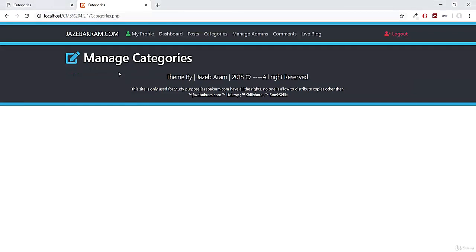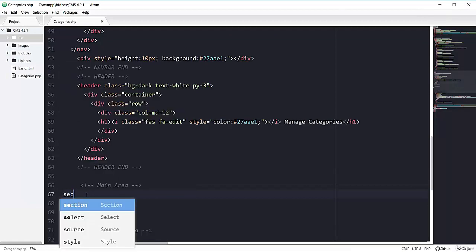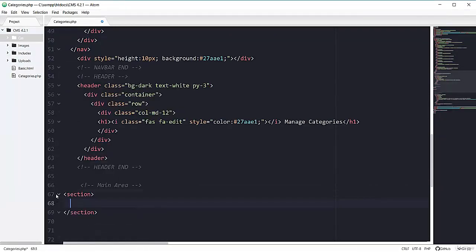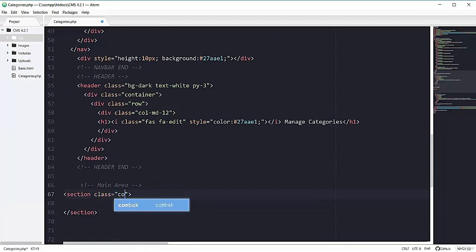So this one is the manage categories, and now in the main area I'm gonna start with one section that will have bootstrap class of container. Let's give it some padding on y-axis and also margin bottom 4.